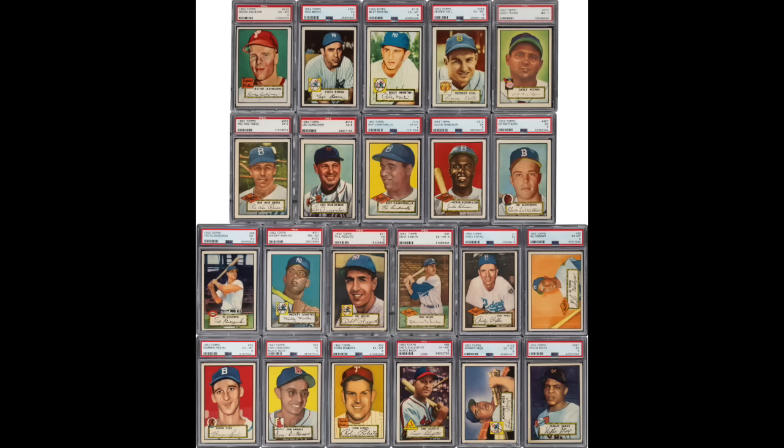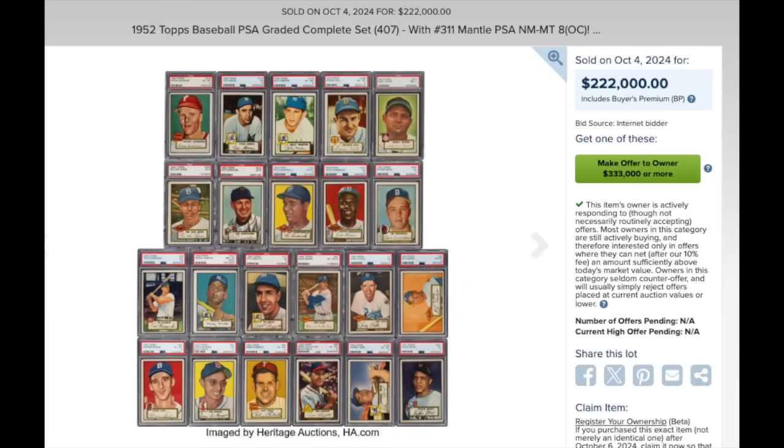Number 7, 1952 Topps Baseball complete set. 407 cards in the set. Every card is graded by PSA. They range from a PSA 5 on the low end up to a PSA 8 on the high end. The majority of cards grade a PSA 6 EX-MT. The all-important Mickey Mantle is a PSA 8OC. Sold for $222,000. Really tough to know if that's a good comp or not, or a good price or not,